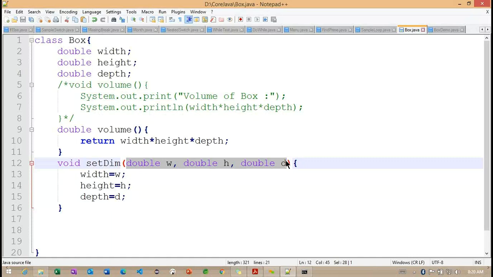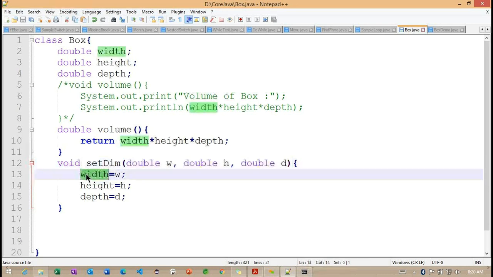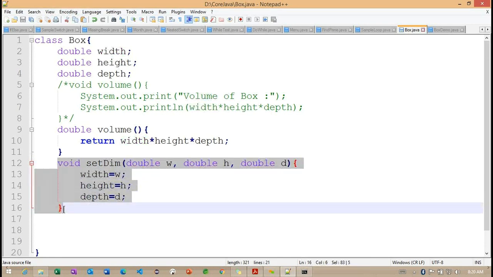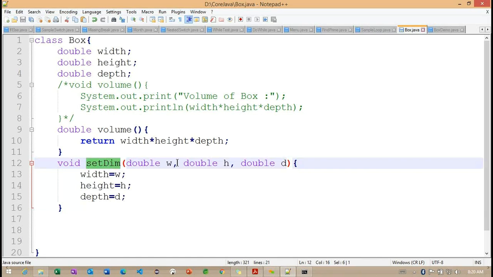These three variables are not going to be stored in the heap memory. These three variables are going to be stored in the stack memory. Why are these three variables stored in the stack memory? Because they have less scope compared to the instance variables. One thread of operation means that after completion of this set dimension method, these variables will not be available.